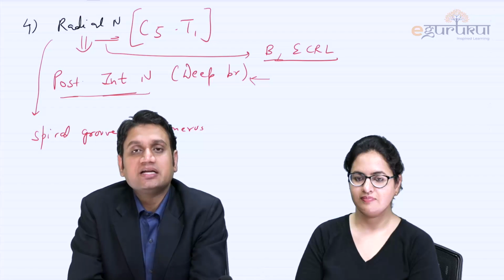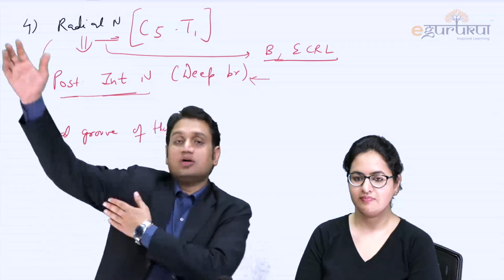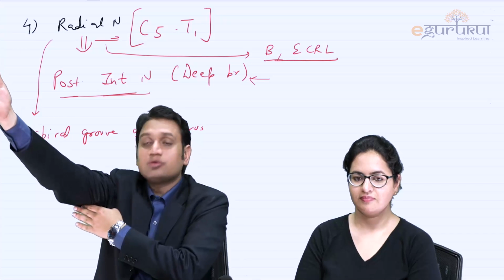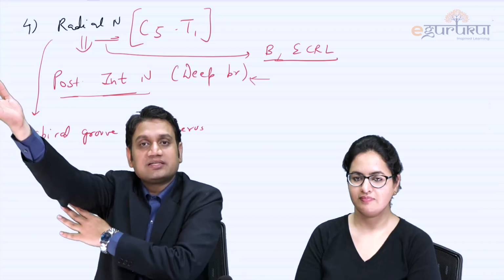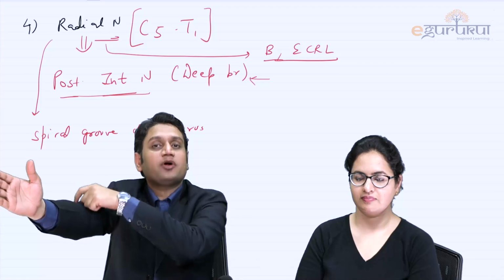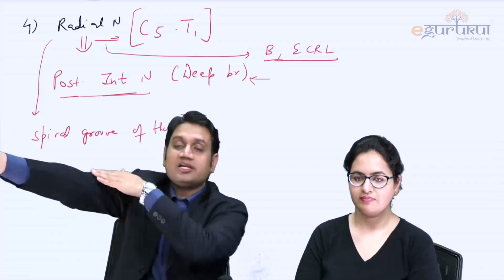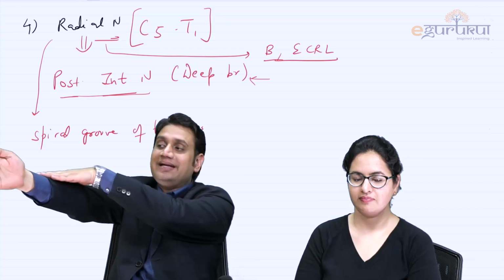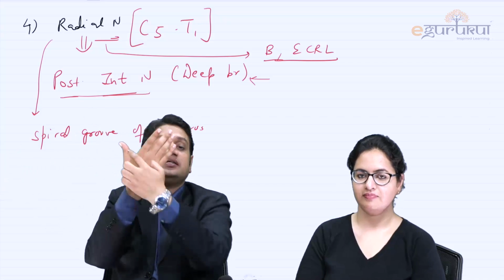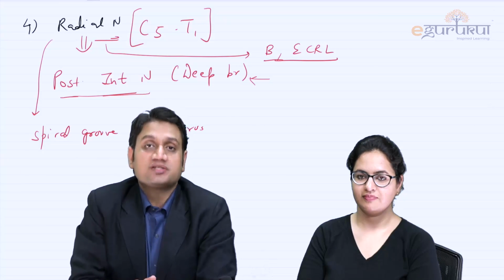Okay, number two, the radial nerve. This radial nerve is a continuation of the posterior cord of the brachial plexus. How does it continue? It continues here on the medial side, then winds around the back of the middle part of the humerus, goes down to the lower shaft and in the spiral groove turns to the lateral side. Reaching the lateral side, around the lateral epicondyle, it divides into two branches. One runs superficially on the lateral aspect of the forearm, the superficial branch of the radial nerve, which supplies the dorsum of the first web space, as ma'am just explained. The second is the posterior interosseous nerve.